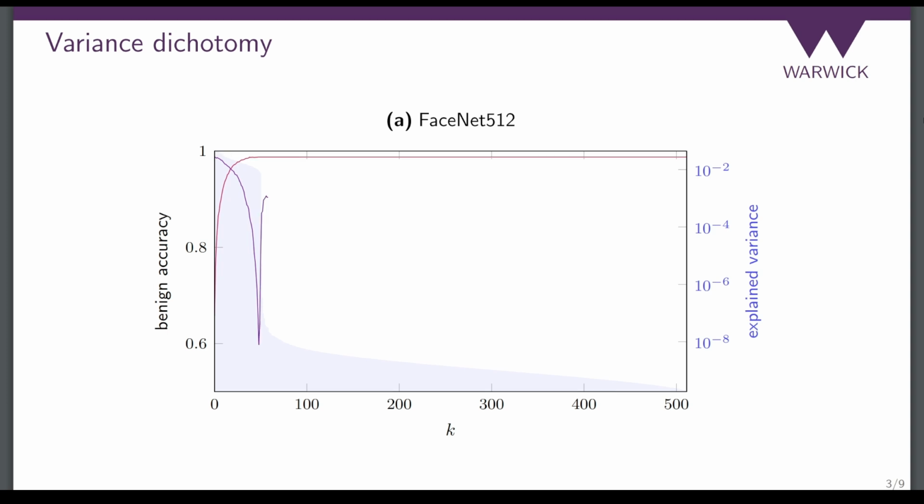Once the dominant directions have been fully removed, around k equals 50, the remaining smaller directions start to take over. These were largely ignored in the original system, but now contribute meaningfully to classification. Axis increases again, indicating that these components still capture useful facial features. Eventually, as more directions are removed, axis begins to gradually decline again to a global minimum.